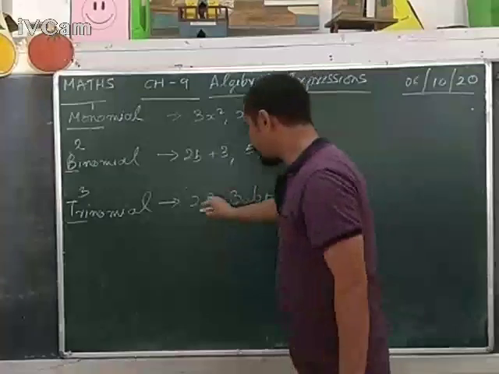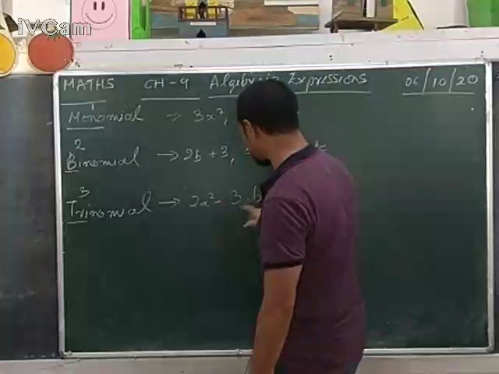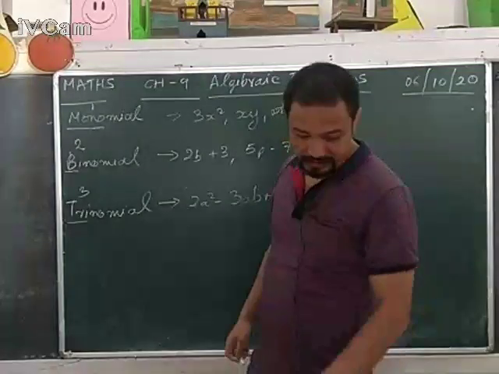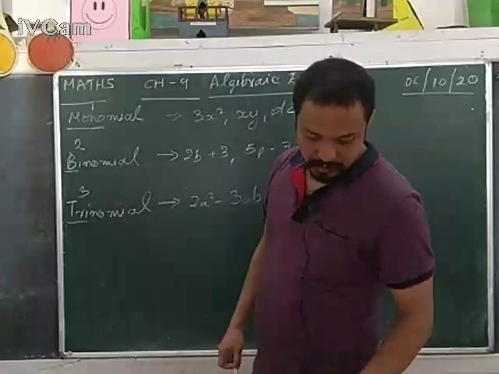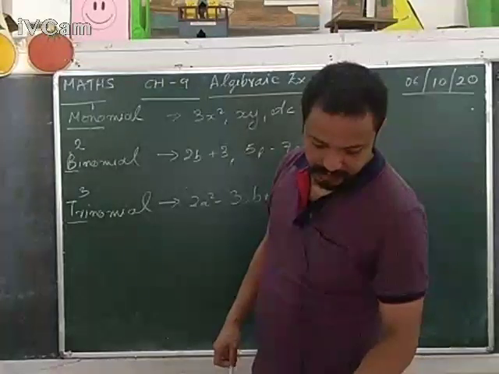Understood? So there are three expressions. So this is called a trinomial. You can see it's separated by the plus and minus. So 1, 2, 3. 3 expressions. So trinomial. So the fourth point says a compound expression or polynomial is an algebraic expression of 2